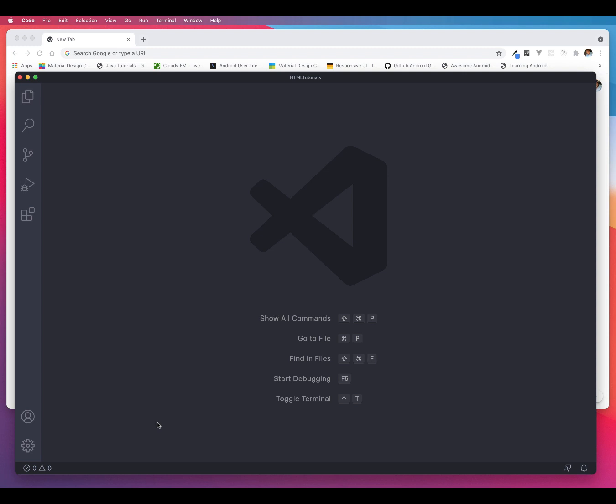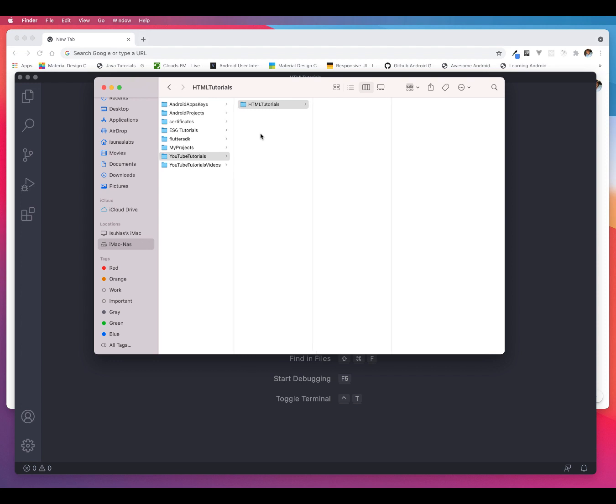So what do you do next? The next thing that you want to do right here is to go anywhere in your computer. It could be the desktop, it could be my documents, it could be the downloads, or anywhere you want, as long as you have access to that directory in your computer. For me, I'm going to go to this directory here. I named it HTML tutorials. When you get in here, you can just create a directory. For me, since this is the introduction video, I will type over here one introduction,